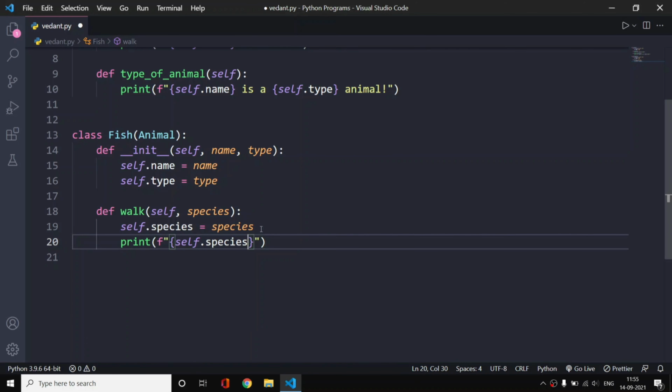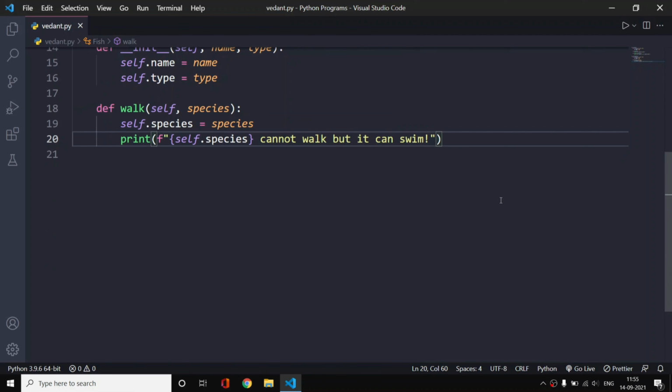So we are printing self.species, and what we will say is self.species cannot walk, but it can swim. So if the species is octopus, octopus cannot walk but it can swim. Just like that, we are now modifying our walk method with this type of syntax.